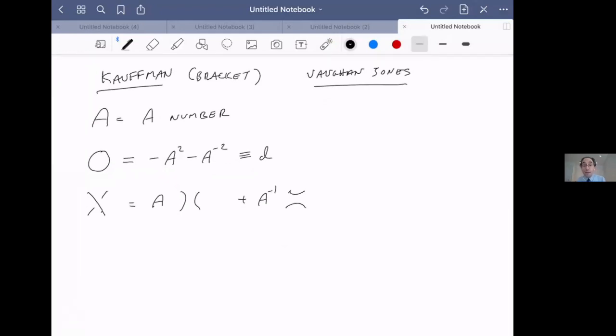Now, these are the only two rules we need, but I'm going to add a third rule, and the third rule looks exactly like the second rule, except I'm rotating all the pictures by 90 degrees. And so it's really just the same rule, looking at the pictures sideways. So you can see that this is just this rotated by 90 degrees, this is this rotated by 90 degrees, this is this rotated by 90 degrees. And the reason I'm drawing this rule twice is because it's a lot easier to draw the rule twice than it is to ask you to rotate your head in a few minutes, okay?